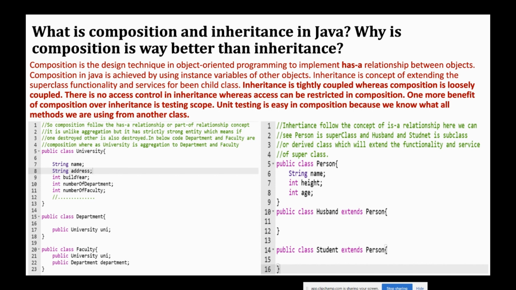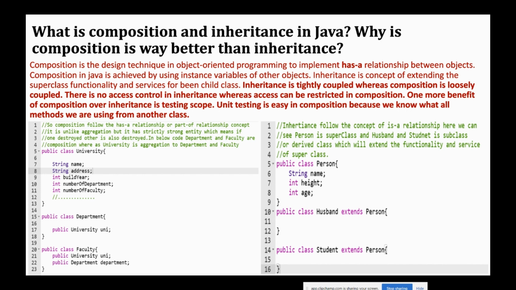One is destroyed, the other is also destroyed, but not in the case of universities. If department is destroyed, the university still exists. If faculties are destroyed, the university still exists. So this is the aggregation example. But in the case of the department class and the faculties class, they are tightly related to each other. If one is destroyed, the other is also destroyed. This is called composition. So let's see on the right hand side, where you can see the inheritance follows the